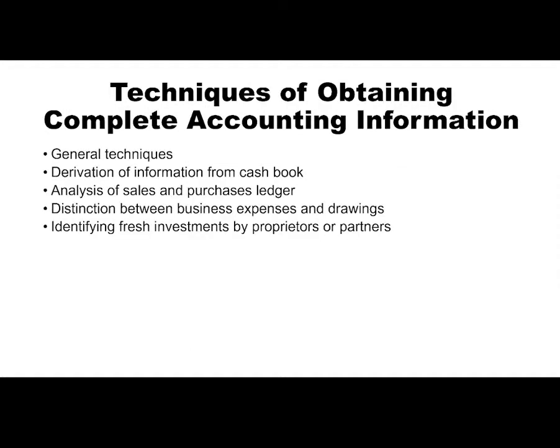Then you have the techniques of obtaining complete accounting information. There are some techniques that we can use to obtain this complete accounting information. You have the general technique where accounts of a business are incomplete. It is advisable to convert them first to the double entry system and then to draw up the profit and loss account and the balance sheet, instead of determining